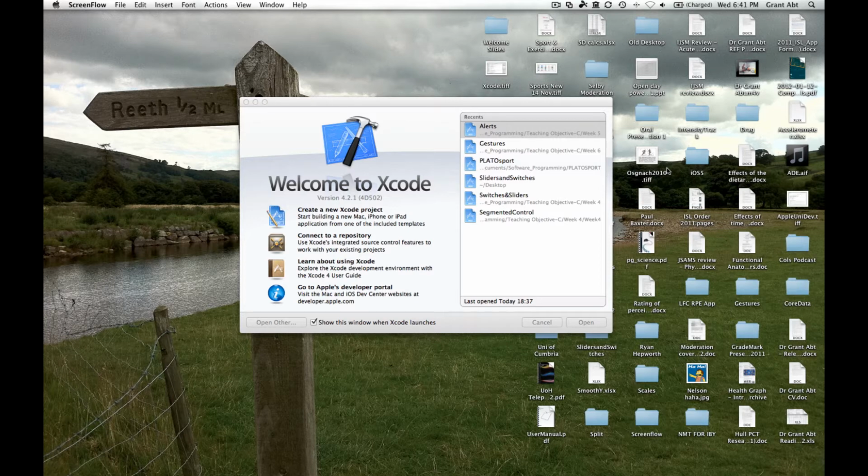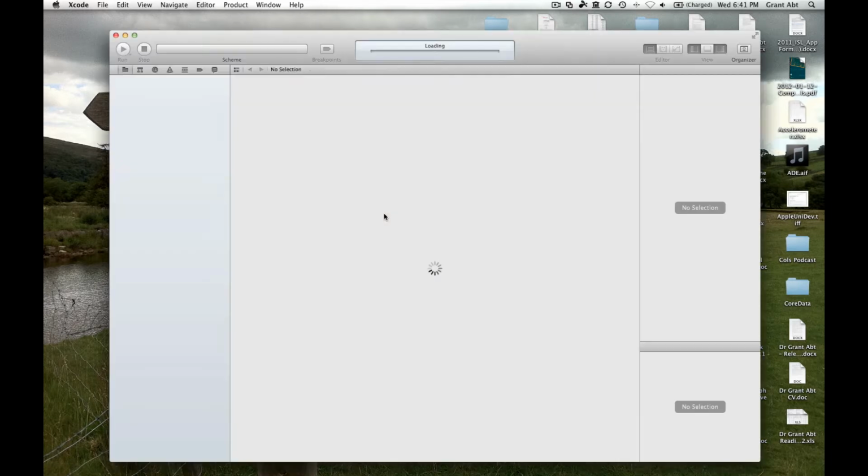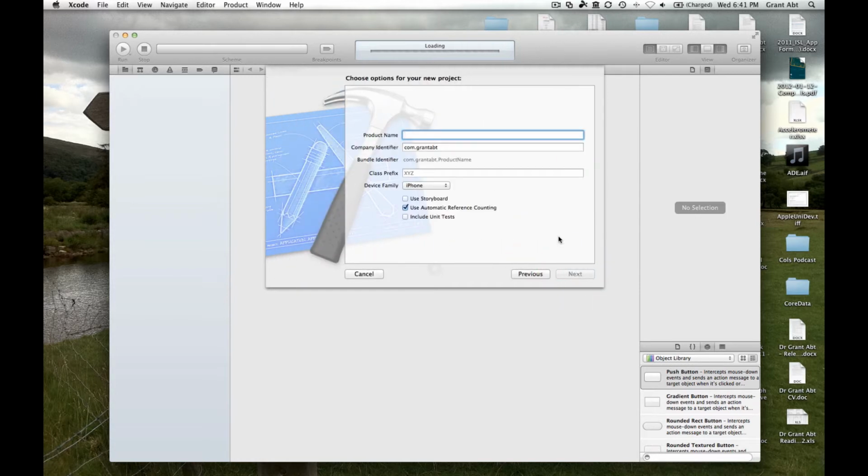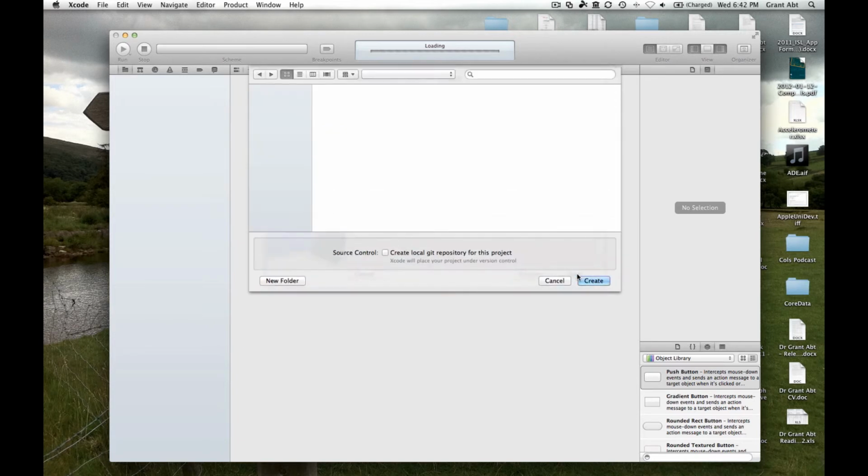Today I'm going to take you through 2 different ways of getting the user's attention and also transitioning to a modal view. So if you start up Xcode, and we're going to create a new project, and we're going to create a single view application, and for this one we're going to call it alerts. Make sure its device family is iPhone and use automatic reference counting is checked. Hit the next button